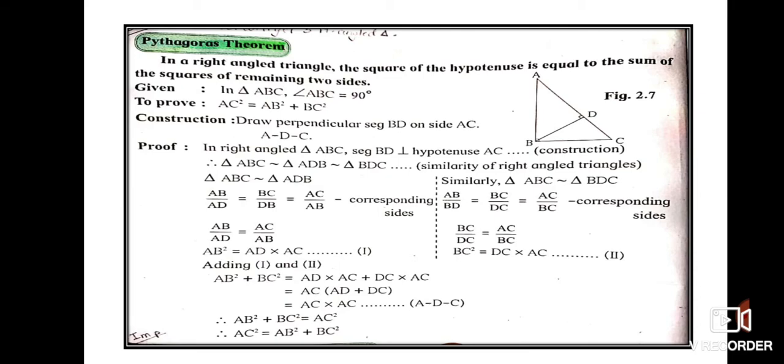You must have done a lot of sums based on Pythagoras theorem. The two sides are given and you may be asked to find the third side. You use the Pythagoras theorem and you solve. Two things you must remember, girls, that Pythagoras theorem works for a right angle triangle, and then the formula.